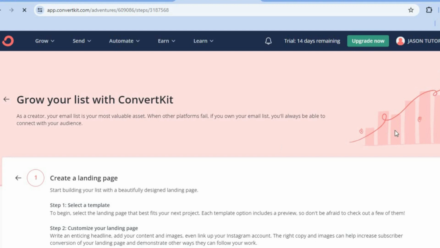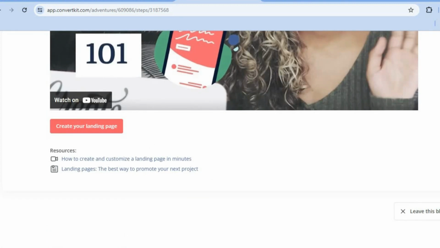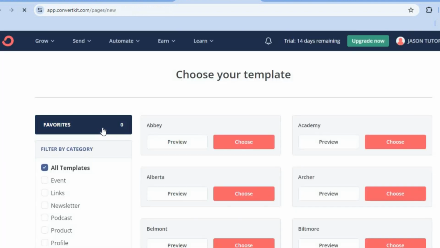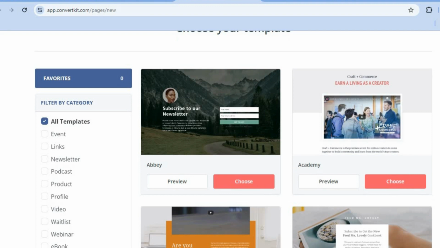After selecting create your landing page, you will be redirected to this page, and all you have to do is scroll down to the bottom of the page. Then you are going to tap on create your landing page. After that, you will be redirected to this dashboard on which you'll see numerous templates that